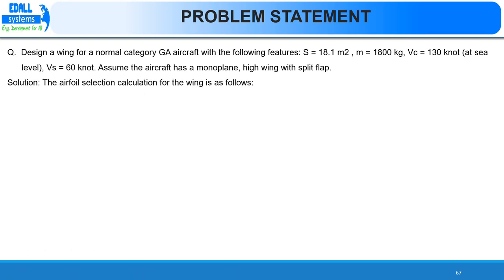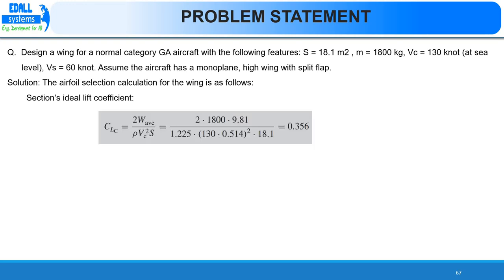Let's begin with the solution. In this problem, NACA airfoil is selected. The airfoil selection calculation for the wing is: first, we'll calculate the ideal lift coefficient. First, calculate